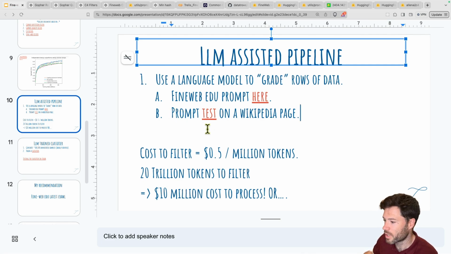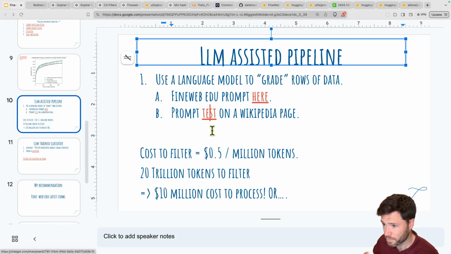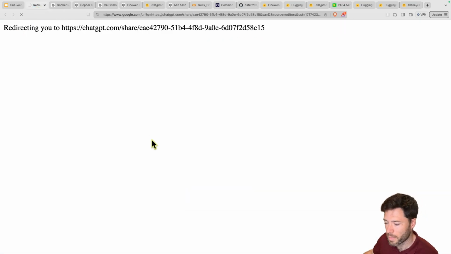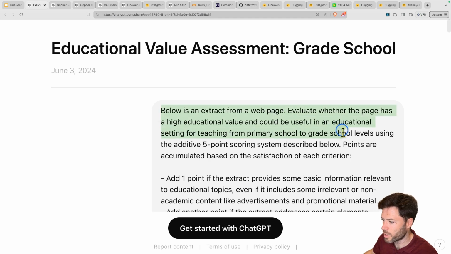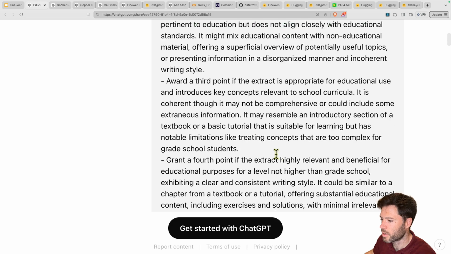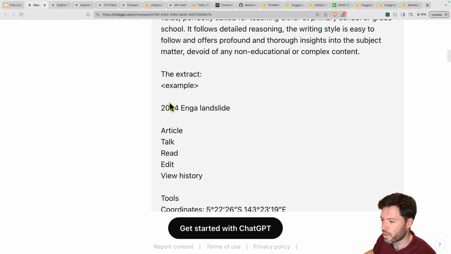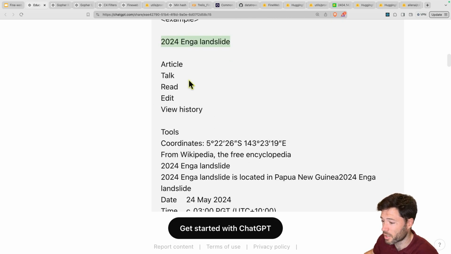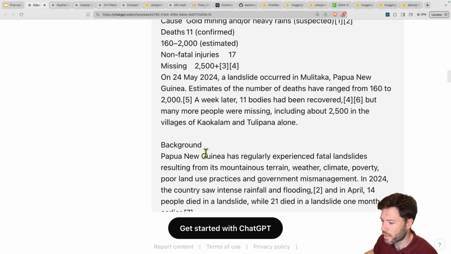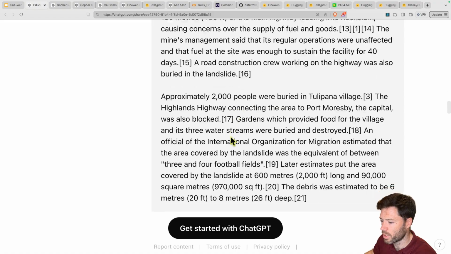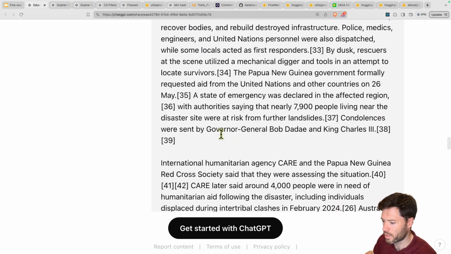So that was the prompt. And I'll just show you a quick test here of how that prompt works. I have tested it out on a random page from Wikipedia. I just copy pasted some text. So I have the same prompt, here's an extract from a web page, and then I've put in the text, which is about a landslide. I copied an article about a landslide earlier today, and it describes everything in Wikipedia style. And at the end of that example,